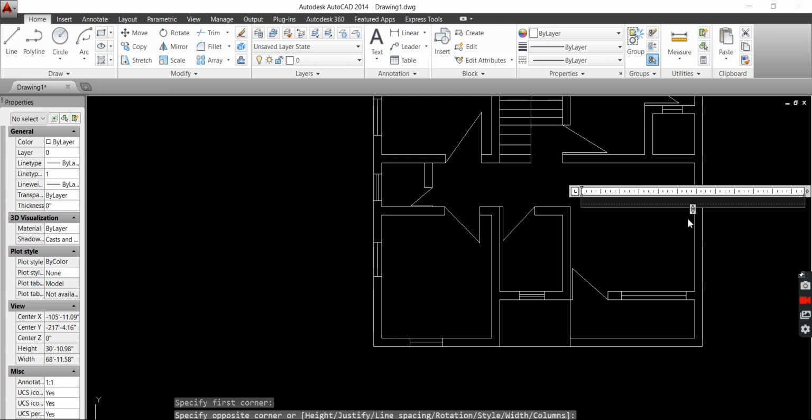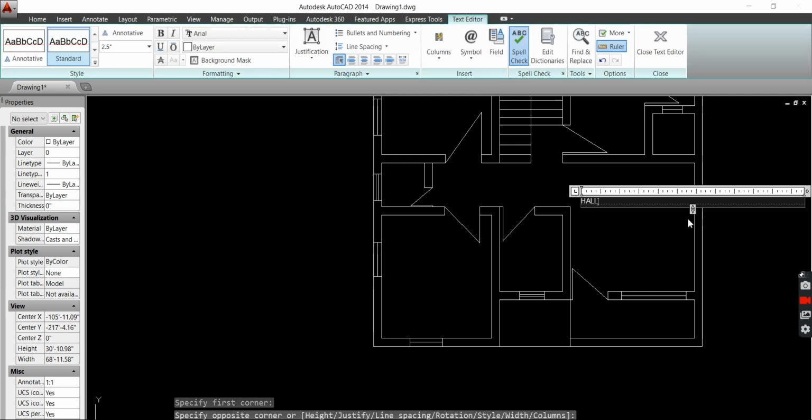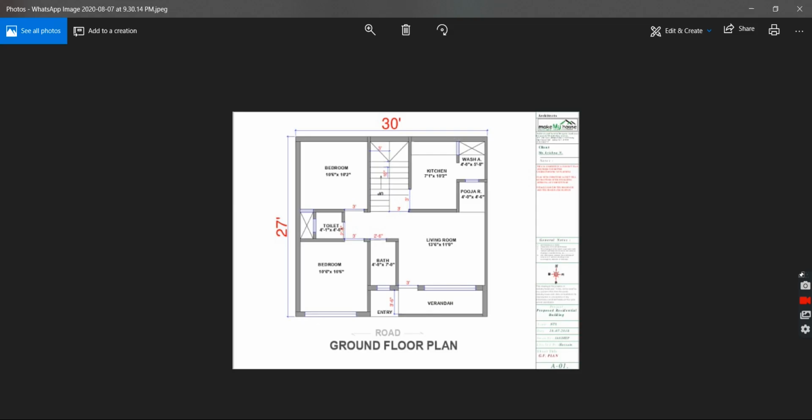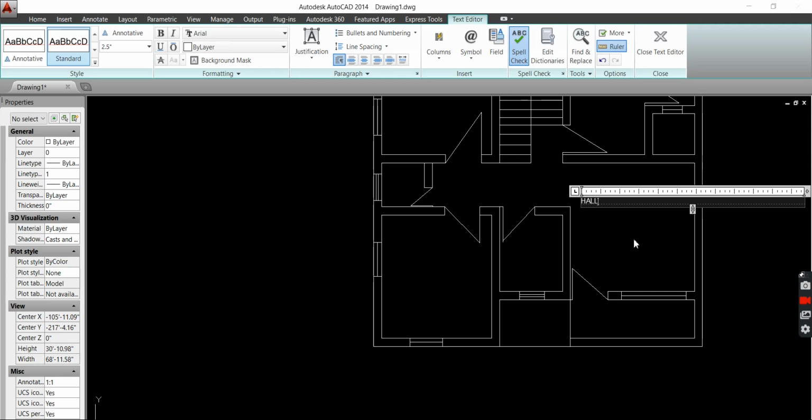It is the hall or living room, HALL, and the dimensions are 13 feet 6 inches.